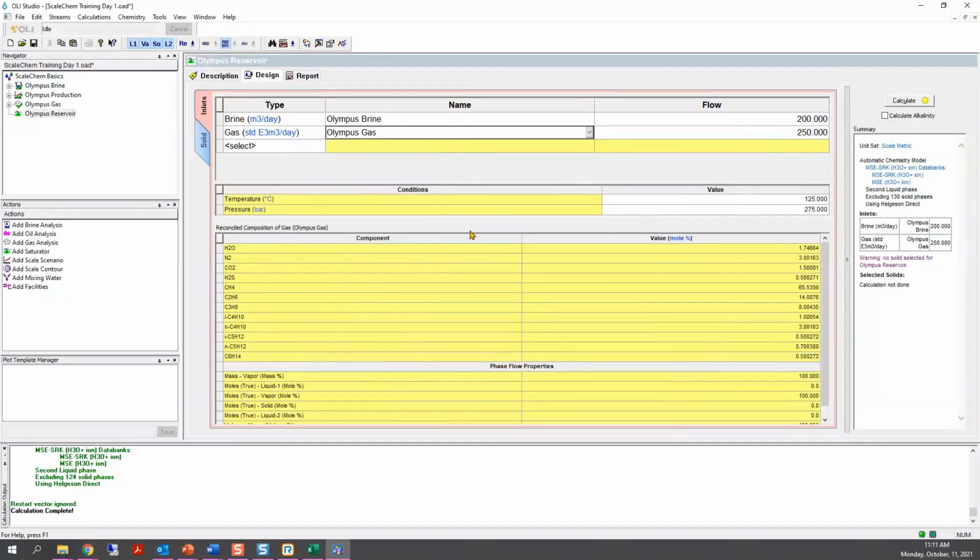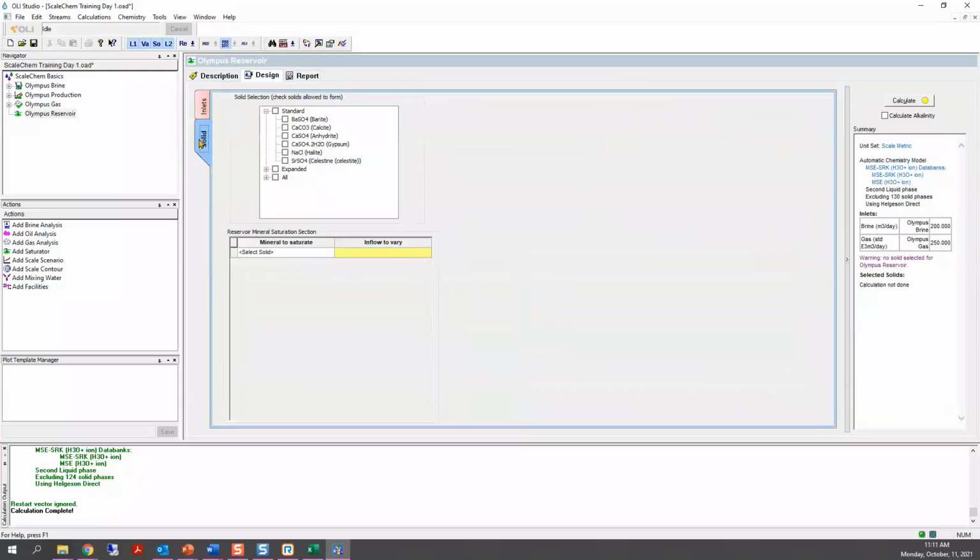We want to saturate this at reservoir conditions. So the next step in a saturator tool is to go to the solid tab. Okay, so we have this solid tab, and we should be familiar with this already.